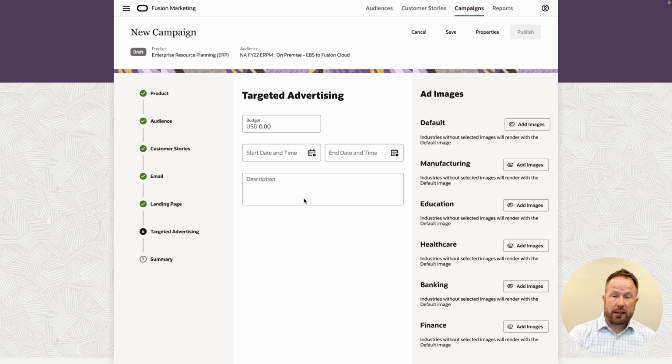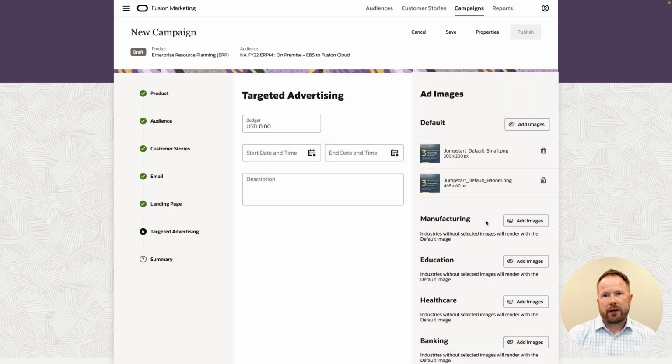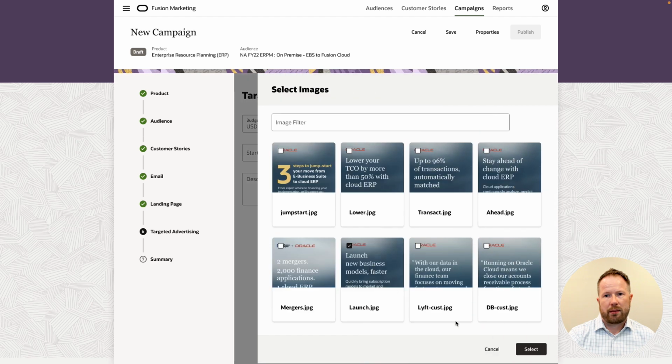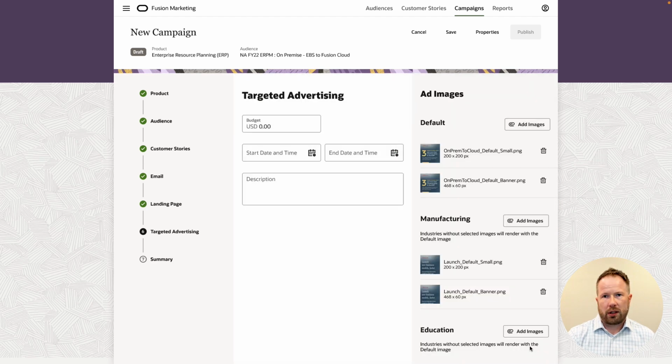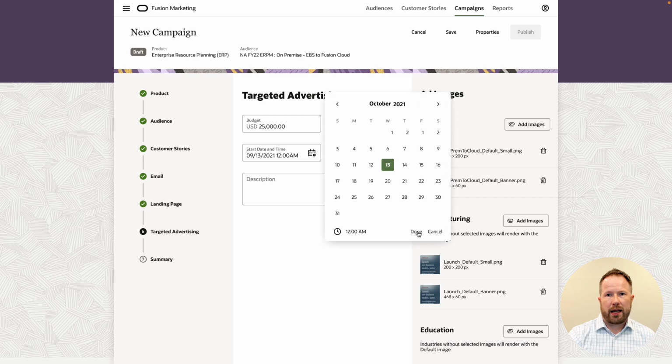This is natively integrated with Fusion Advertising, so I can extend my campaign to an advertising channel as well. And the way that we tailor that is much the same. So I'm going to choose a default ad that will be shown to every industry. But let's say that for this use case, I want to tailor this for manufacturing. So I'm going to choose a custom campaign image for the manufacturing vertical. And you can see that Oracle content is automatically tailoring these particular images for the various banner ad sizes that we're using. If I choose a budget of $25,000 and a start and end date for my campaign, I'm basically